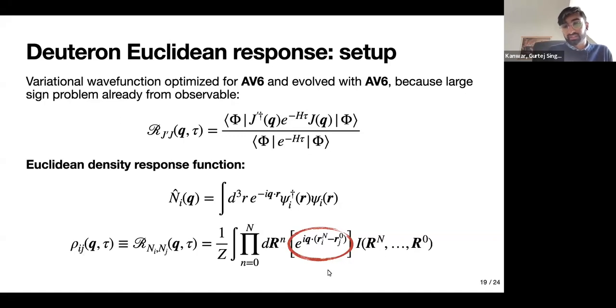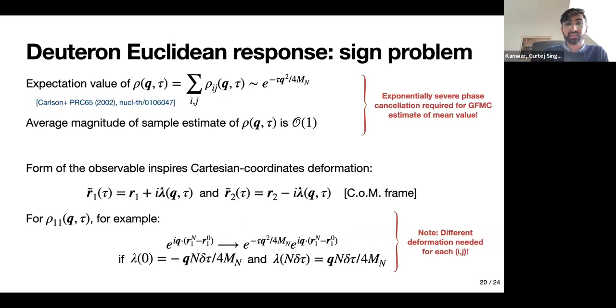And one can see just immediately from the form of this that there is what looks to be an oscillating phase factor here, the e to the iq dot the coordinate at the last time step n minus the coordinate at the initial time step 0. So this visually seems to give some kind of sign problem, but we can actually check it against some actual analytic results here. So looking at the full Euclidean density response, which would be summing over these nucleon coordinates, since we're just imagining hitting the nucleus as a whole with some current and not specifying which nucleon it actually targets,